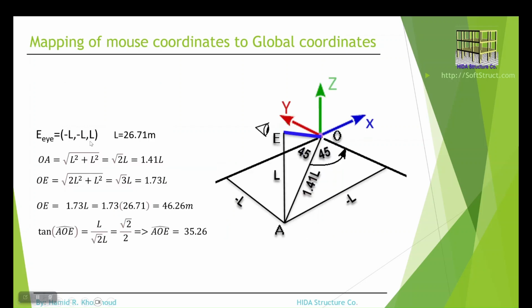The eye point has a world coordinate of -L, L, L, where L equals 26.71 meters. While the specific value of L is not crucial, it represents the maximum dimension of the model. The lengths of OA and OE can be calculated using the Pythagorean theorem, resulting in 1.41 L and 1.73 L respectively. The tangent of the angle AOE can be found as AE over OA,